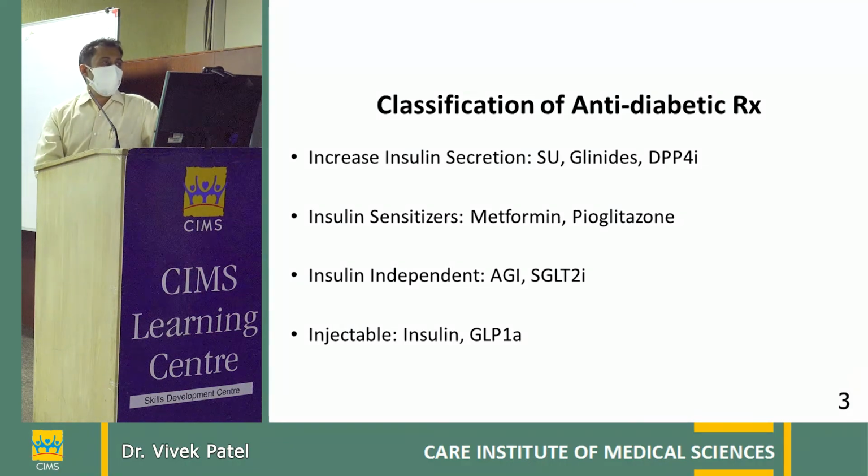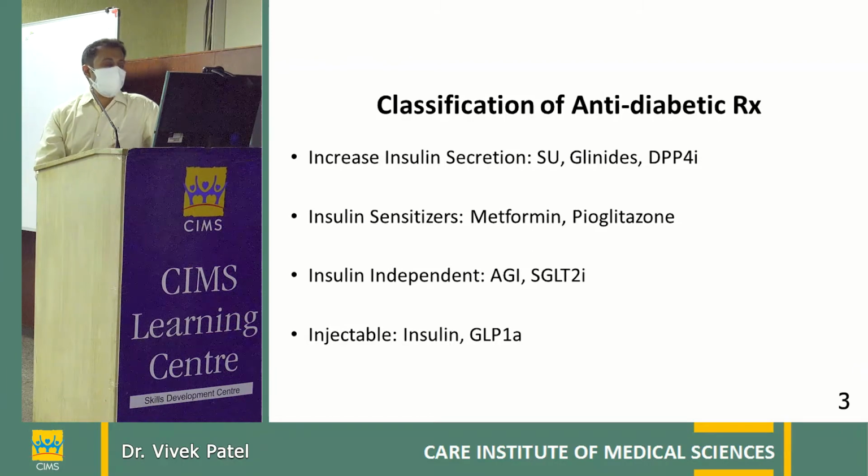And in this group, we have two medications. One is the alpha glucosidase inhibitor. These are molecules which decrease the carbohydrate absorption from the gut, and cause the excretion of glucose in the stool. And the newer class of medication, the SGLT2 inhibitor, causes the excretion of glucose in the urine. Whatever excess glucose is present in the blood will be passed through the urine.